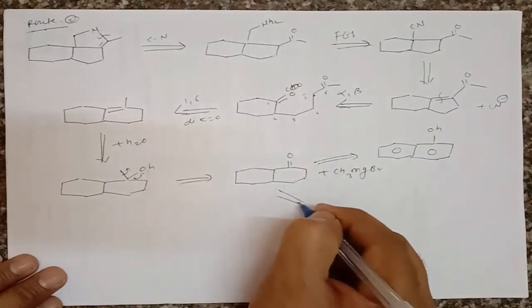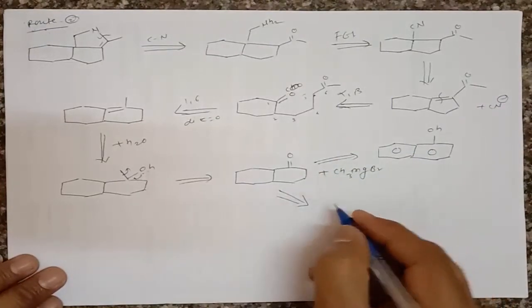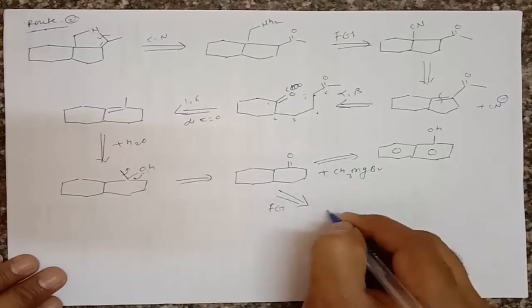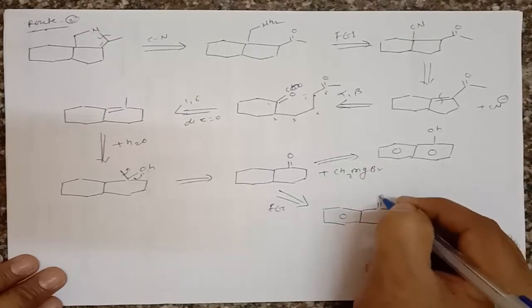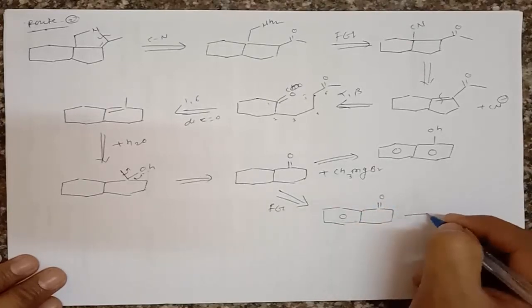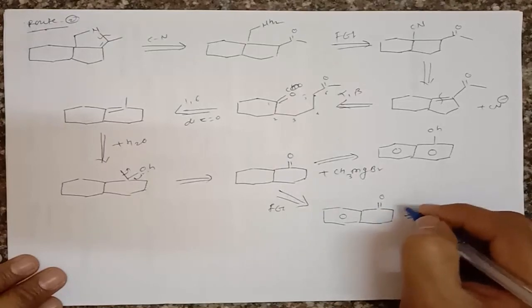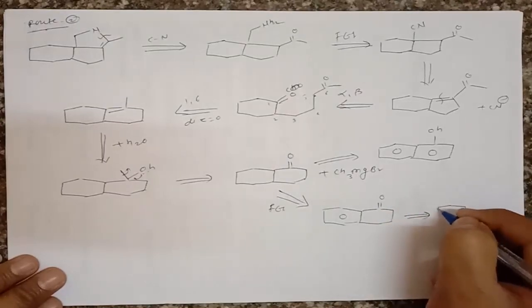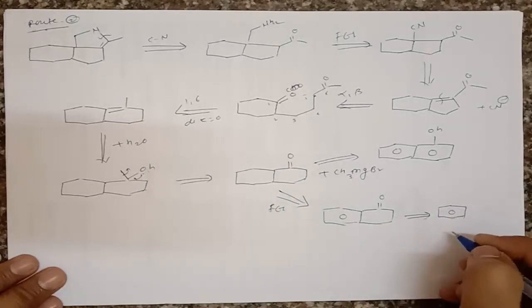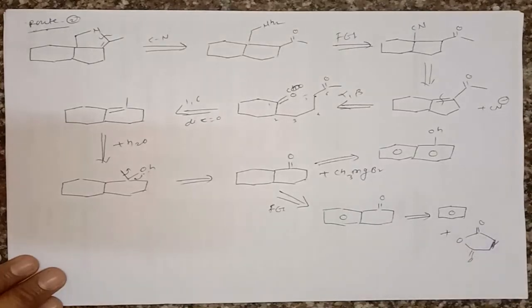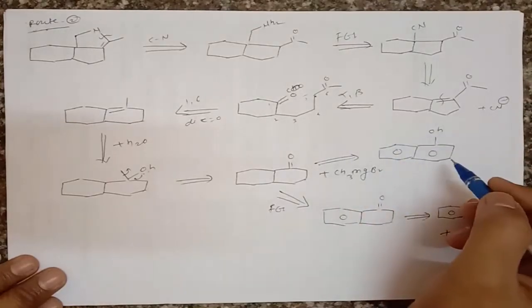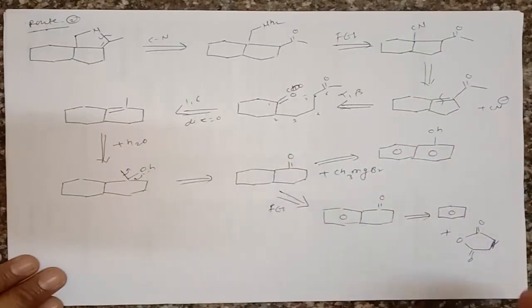Or we can also prepare this molecule by using functional group interconversion. How can we do this functional group interconversion? That means if we take an aromatic ring from one side, and from one side we can take this ketone, and then it can be easily prepared by using FC alkylation and FC acylation that we already discussed in the previous lecture, if you remember. And then from this molecule as well as from this molecule we can prepare such a molecule, right? So this was already discussed in the previous lecture. So that means if you take this from alpha naphthol or from this molecule, you can prepare this molecule.